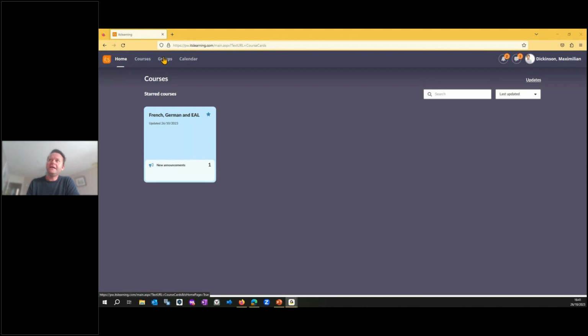He has a main menu at the top here. This is the home page. He can see an overview of his courses in this tab here, any groups that he belongs to, projects that he's working on, and also he has a calendar here as well. On the right hand side at the top, he has a bell symbol which lights up when he has an announcement that somebody has written in one of his courses that alerts him to that. This little symbol here